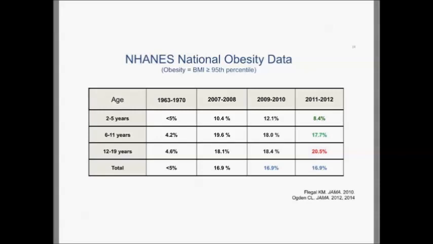Just so you know about NHANES, it's data taken mostly by phone calls and different types of measurement techniques. It's done every 2 years. What they do is they try to compare data in children via families most of the time, sometimes through doctors' offices. But at any rate, 2 to 5 year olds were at 8.4%. 6 to 11-year-olds, 17.7%, right around that 18% we were before. The 12 to 19-year-olds are 20%, and overall we're still, unfortunately, at that 17% for all children, which is really too high.